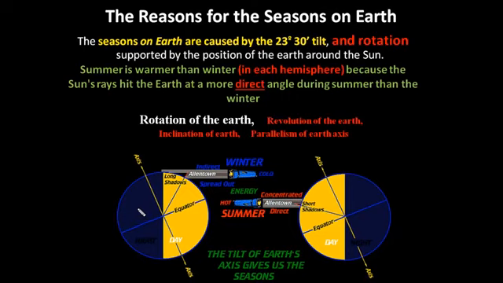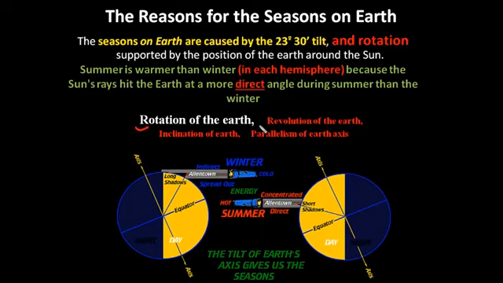Whereas on 22nd December, the direct rays of the sun will fall on Tropic of Capricorn at 90 degree angle and southern hemisphere will experience summer and northern hemisphere will experience winter. The tilt of the Earth's axis gives us the seasons. Apart from the tilt of the Earth's axis, there are other factors that support